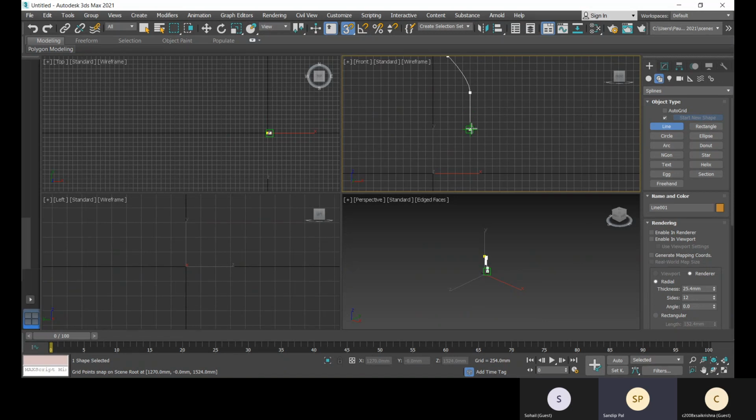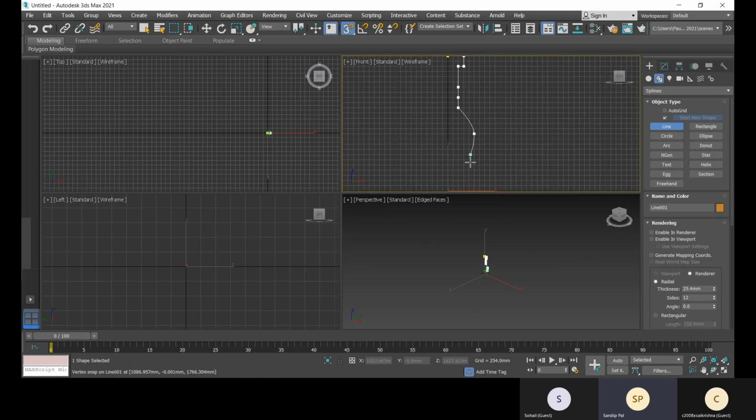Click and hold and then drag it, so then you will get this smoother option. Okay, for undoing it, backspace is the key.